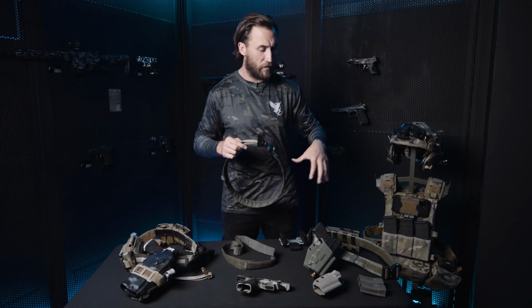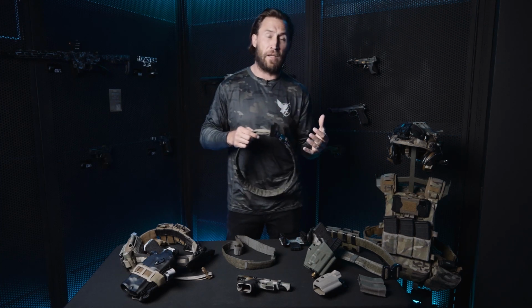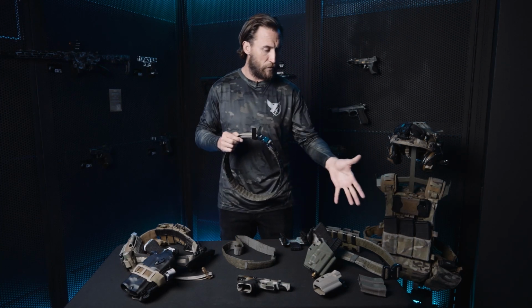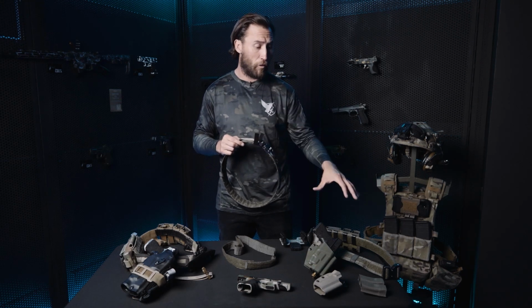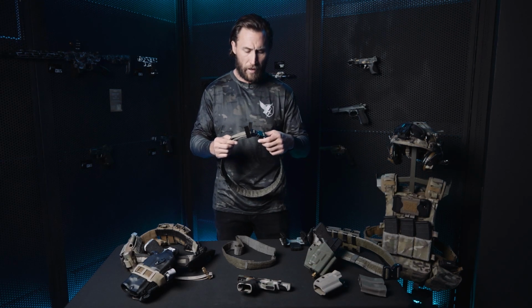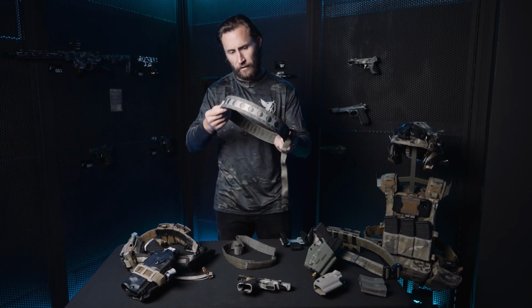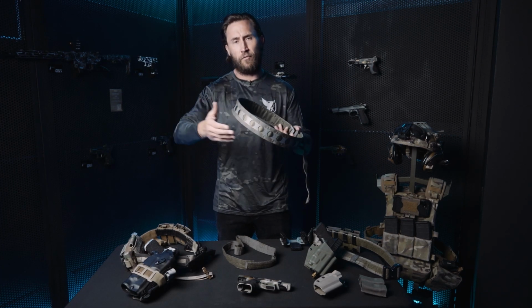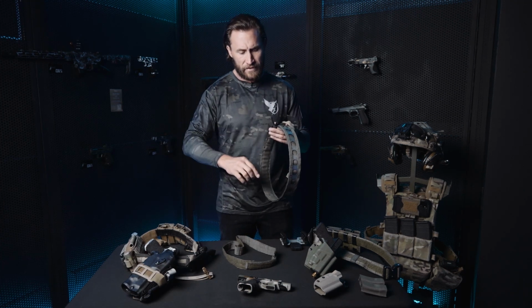I know the GBRS one sits in place and it's very nice because it never moves. The downside is if you ever have to change it, or if you wanted to use this as a rental or loan it out to somebody. But if it's for your personal use, it's a great option. This one adjusts, and that's really nice, something I like when we're running our business and we have to loan these out to students. All the belts tend to have inner Velcro liners on the inside,